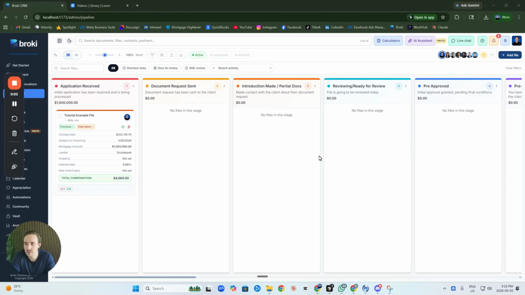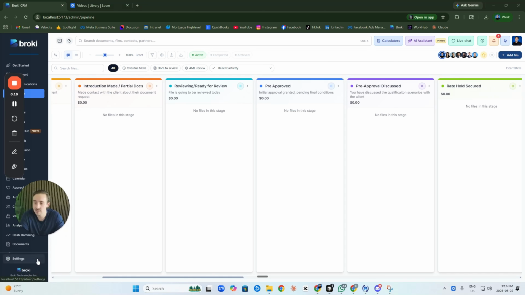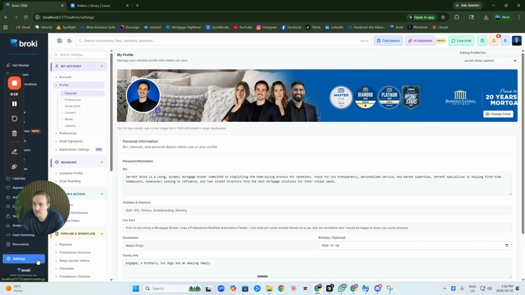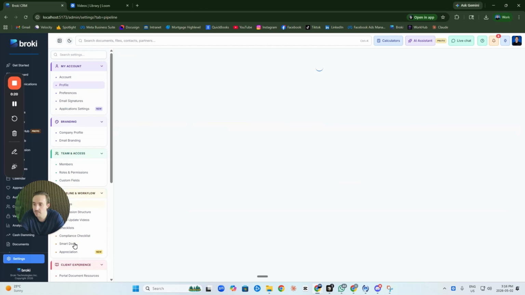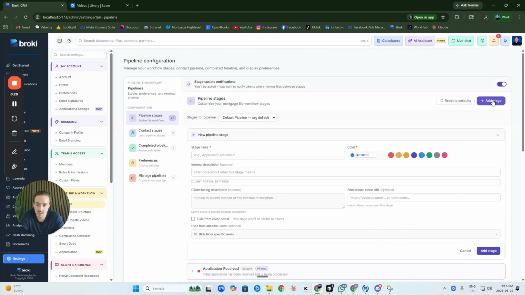Okay, so here is what your mortgage pipeline looks like. You'll notice that there's a bunch of different stages, and disregard the title of each stage. You're going to have a set of default stages which you can adjust by going into your settings, clicking the settings button in the bottom left corner, clicking on pipelines, and then this pipeline stages section is where you can add more stages by clicking this add button, creating a name, an internal description if you want, giving it a